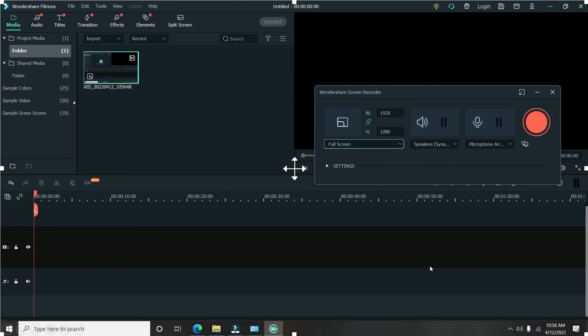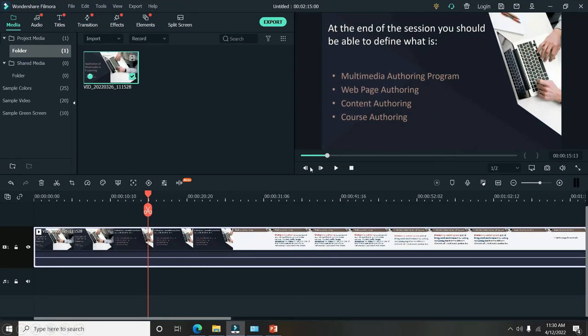Then after recording your screen or your presentation that you want to present, you just click on F9, and then this is going to be the screen you will see, wherein your recorded video will be saved on your media panel, this one, or your library. And after that, you can drag your video on the timeline where you can edit your recorded video. And after editing, and you think that it's now good and okay to be produced, you can click on the export